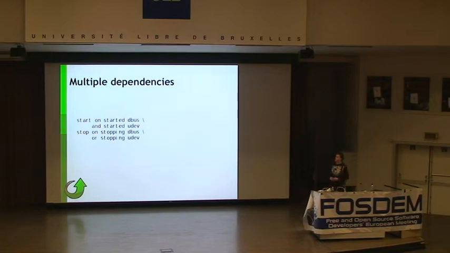So this brings us to one of the bugs of 0.5, which is one of the main reasons 0.5 never got really deployed. If you wanted to do a multiple dependency, a dependency on dbus and udev, this would actually be more like what HAL would look like today. Depends on both dbus and udev, and udev and dbus have no interdependency. You might try something like start on started dbus and started udev, and you might try something like stop on stopping dbus or stopping udev.